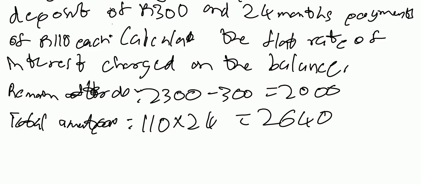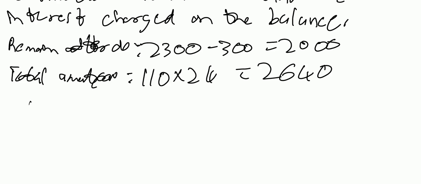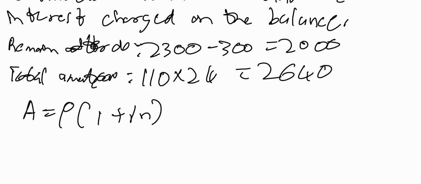So they want to know, why is James required to pay 110 each month in such a way that at the end he would have paid 2640? How much interest are they charging per annum on that 2000 of the refrigerator debt? So that's what we are calculating. But remember, hire purchase is simple interest. A is equal to P into 1 plus iN. What is the final amount? The final amount that James would have paid for the refrigerator is 2640